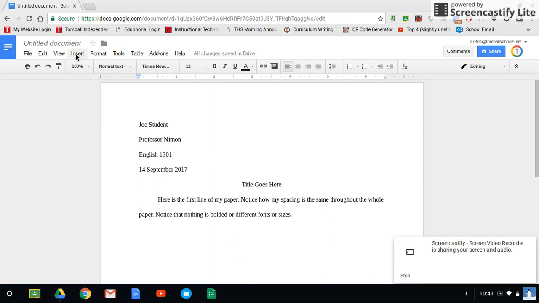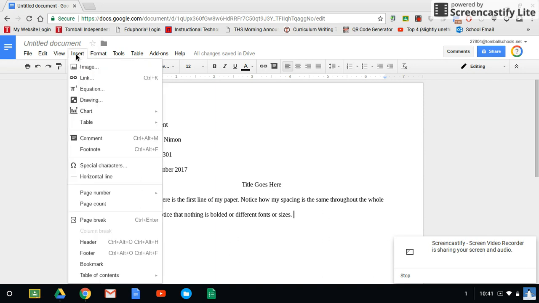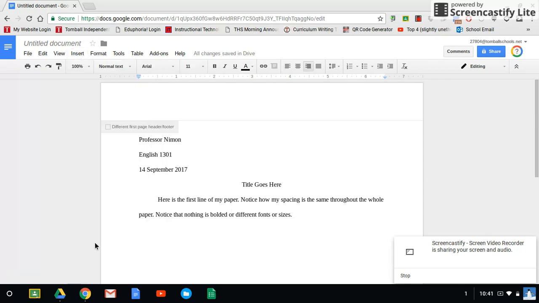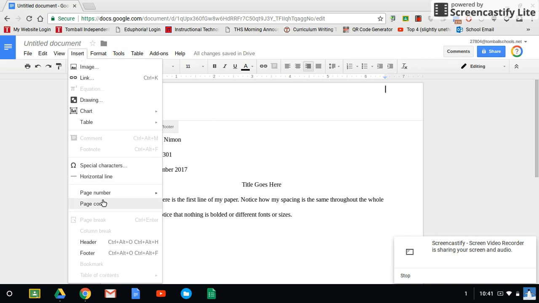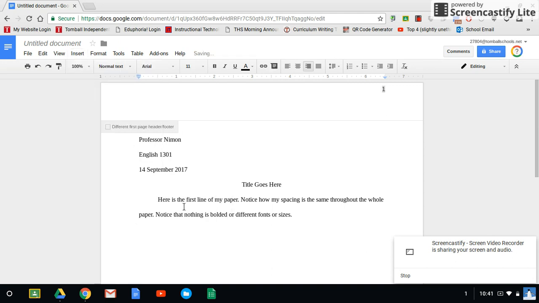So to do that, at least on Google Docs, I'm going to go to Insert, Header. And I'm going to insert page number. Now, I guess in Google Docs, it didn't really matter because it'll put it in the header anyway. So notice it gives me a 1, and then it puts the cursor behind the 1. You want to actually move the cursor in front of the 1